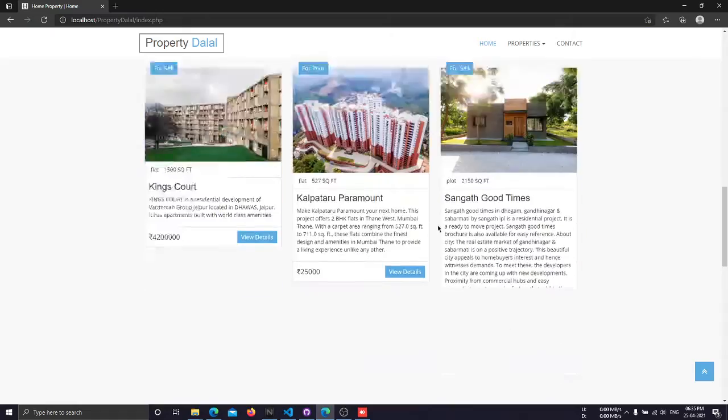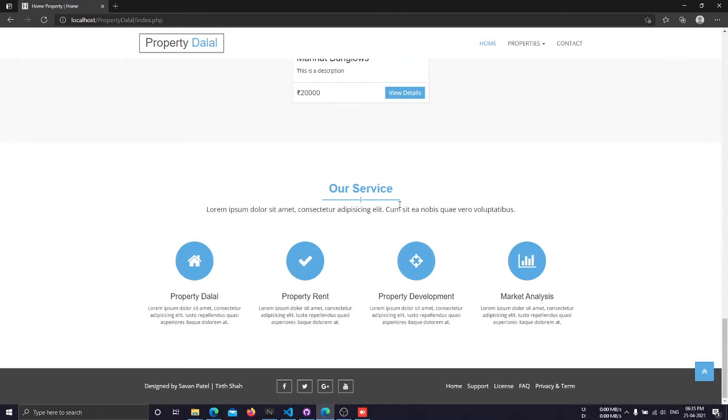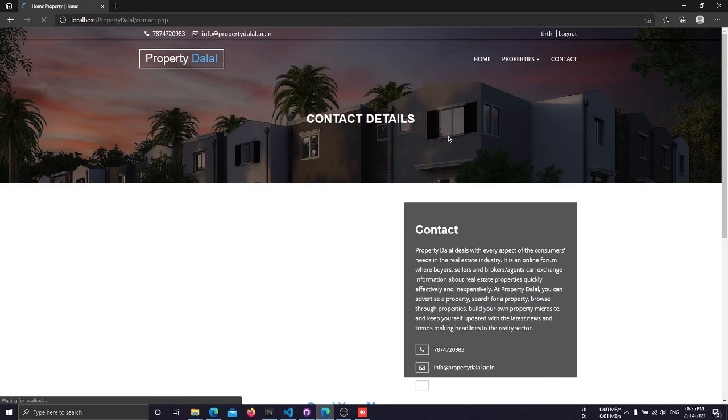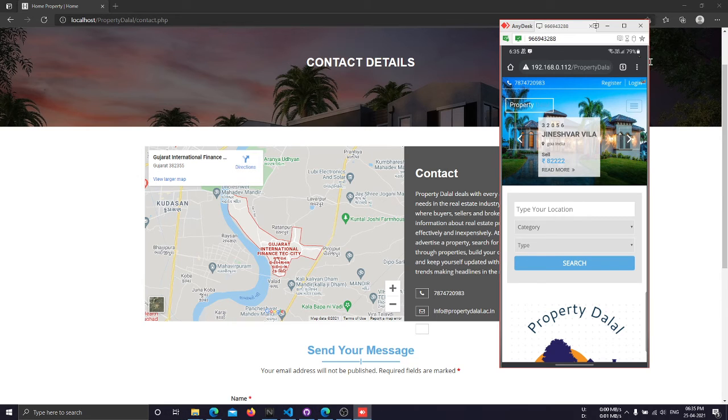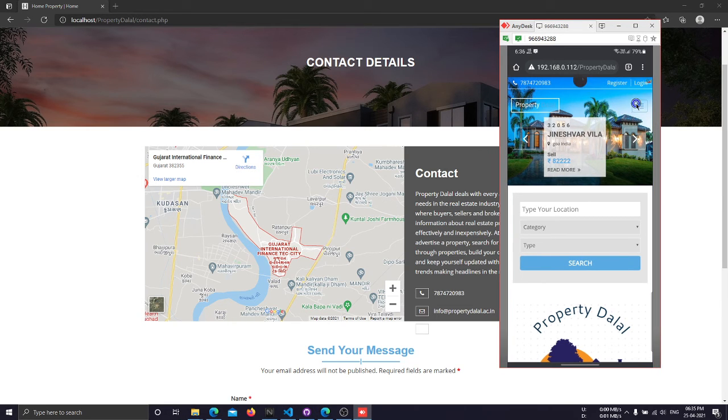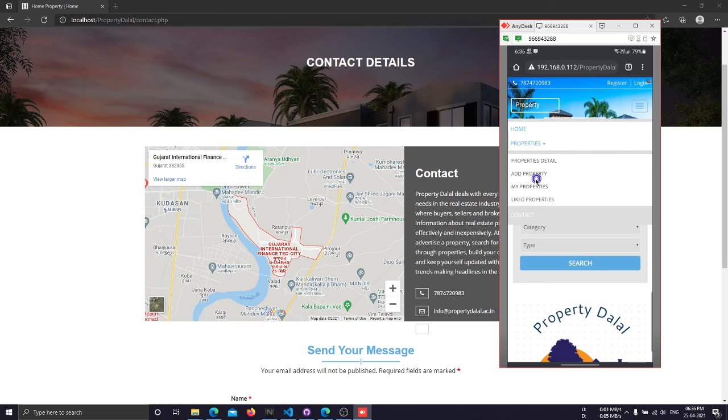This is the about us and list of the properties, header, footer. This is the contact page, and this also works on the phone. I have connected through the AnyDesk application, and I have provided the IP of my laptop, so we can see all the options.